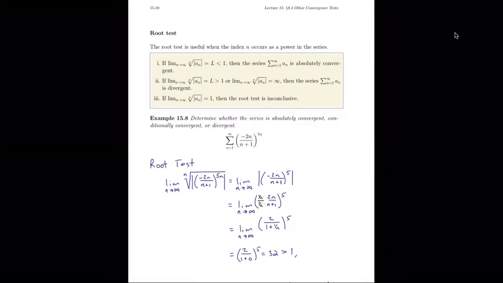So we have the series, n equals 1 to infinity, of negative 2n over n plus 1, all raised to the 5n. We're asked to determine absolute convergence, conditional convergence, or divergence of this series. So we'll state we're trying the root test right away. Limit as n goes to infinity of the nth root of the absolute value of this whole term. So the nth root of this thing raised to the 5n